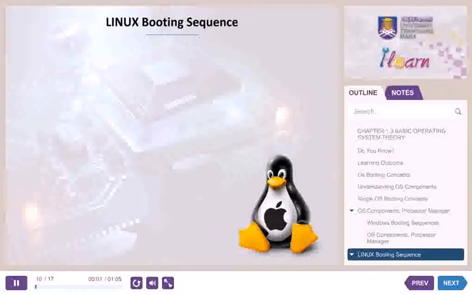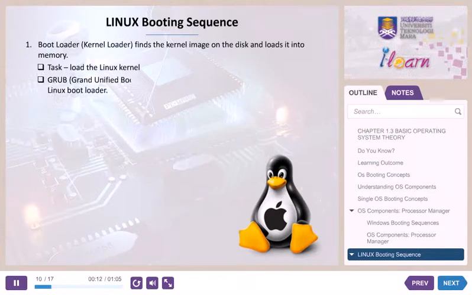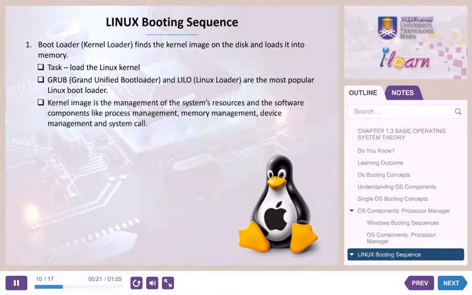Linux booting sequence. The bootloader, or kernel loader, finds the kernel image on the disk and loads it into memory. Task: load the Linux kernel. GRUB, Grand Unified Bootloader, and LILO, Linux Loader, are the most popular Linux bootloaders. The kernel image handles the management of the system's resources and software components like process management, memory management, device management